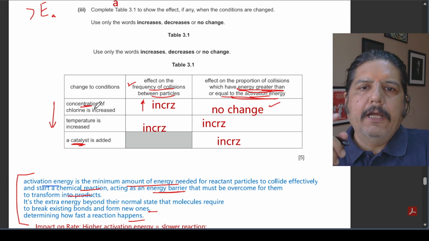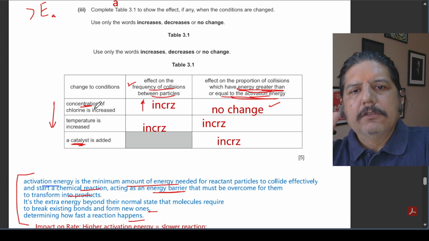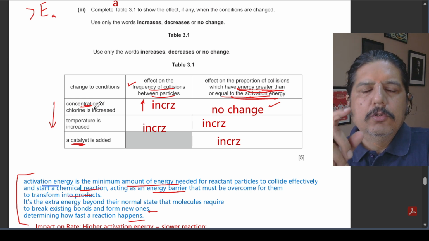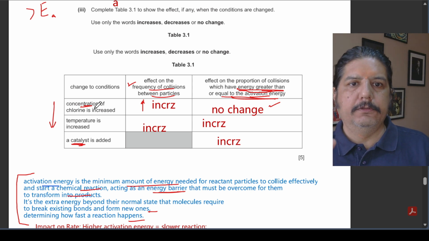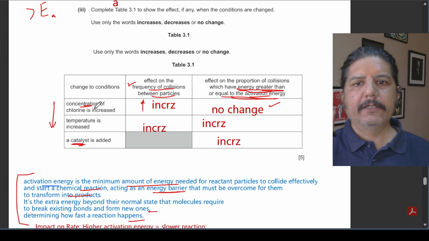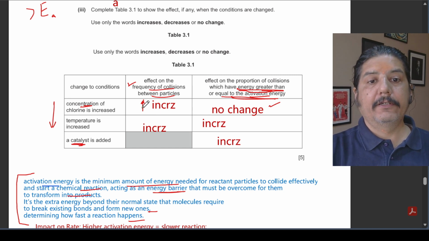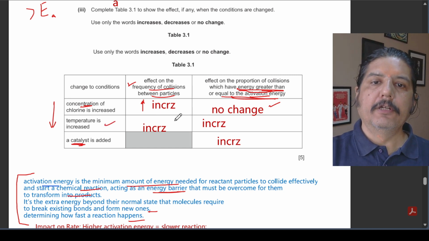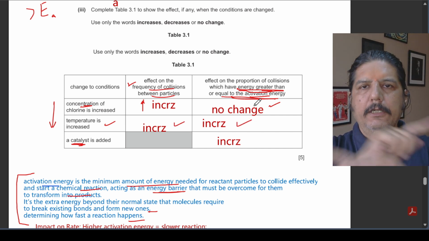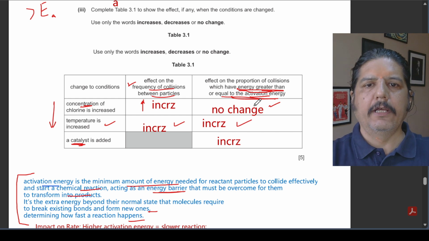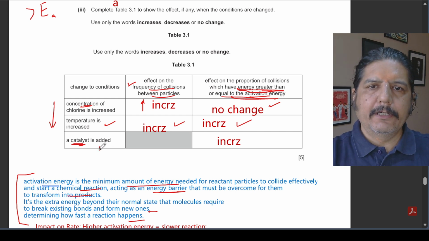So concentration has to do with increasing the frequency of collisions. It has no effect on the energy of the particles. The energy of particles is only decided by the temperature. And that is the second factor. When temperature is increased, the frequency of collision increases, as well as the energy of the particles also increases as they collide. When a catalyst is added,